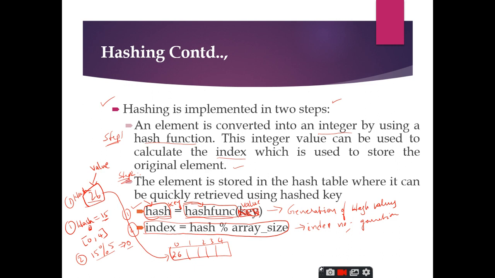Is it clear? All this discussion is only 3 simple points. You have values, you have to store them inside the array, but you won't store those elements or values inside the array as they are. Before storing, you have to generate the hash values, or the keys. For generation of keys, you will be using the hash function. That means you will apply the hash function on the values such that it will generate a key. Based upon that key, you will store the value inside the array. So that is my entire summary. Is it clear up to this point?